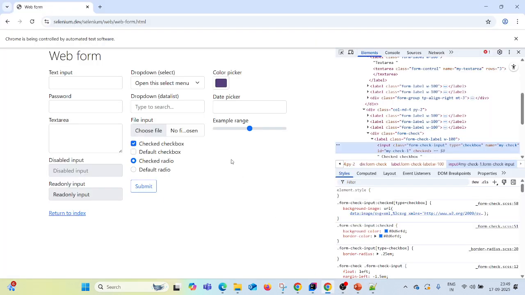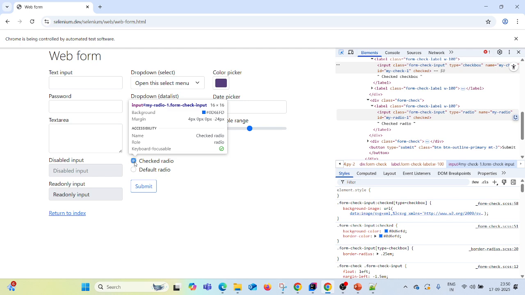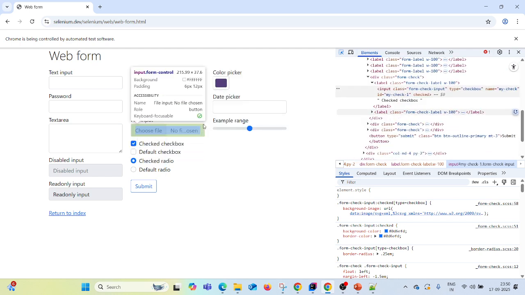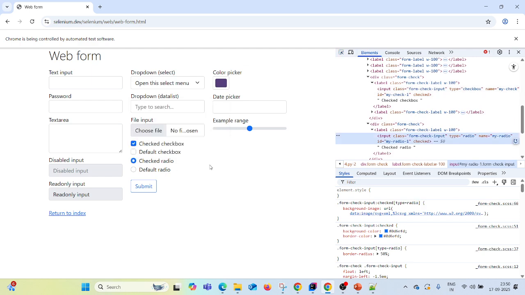So if we come here, this one, the radio button, we are going to find. If we inspect here, it will be a radio button. See, it's a radio button, so type will be radio. We'll get the attribute. Then the next one will be